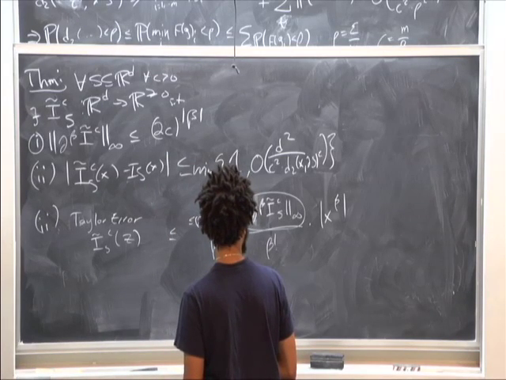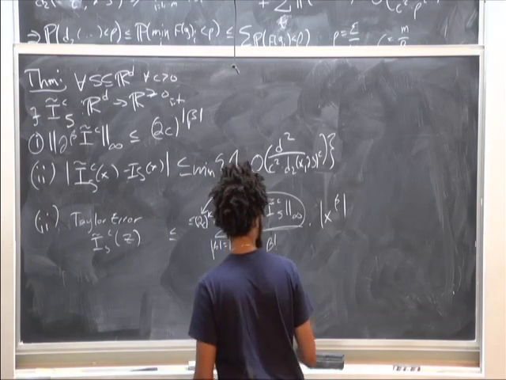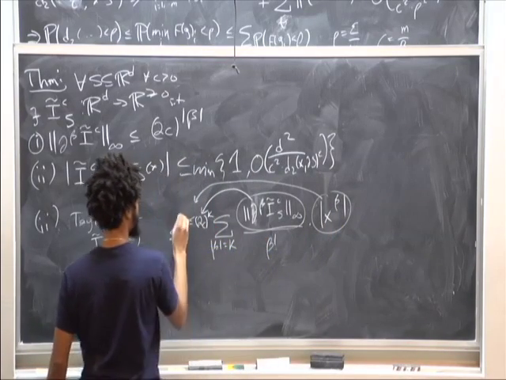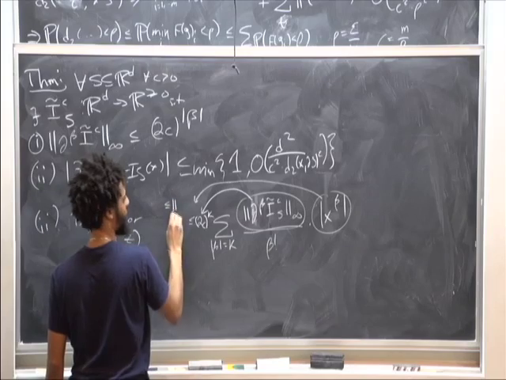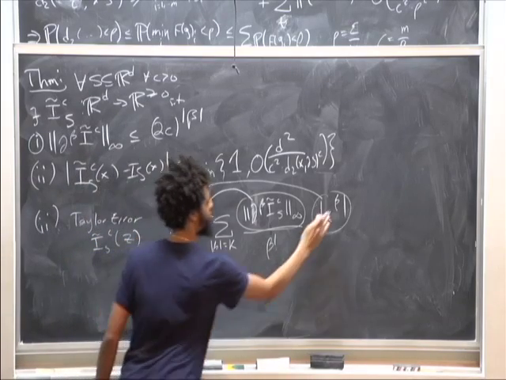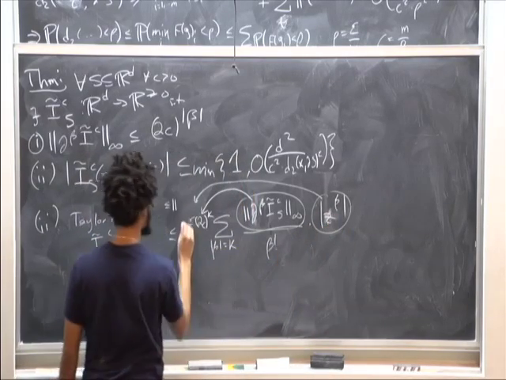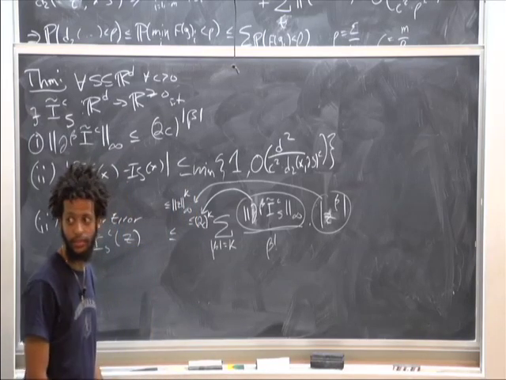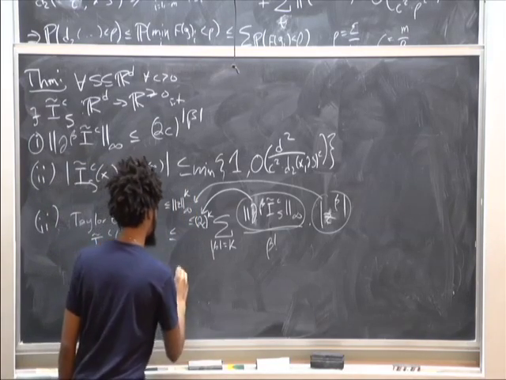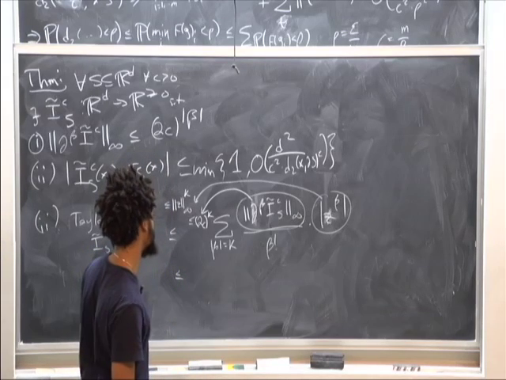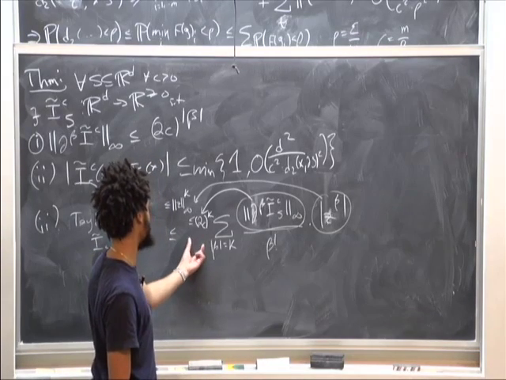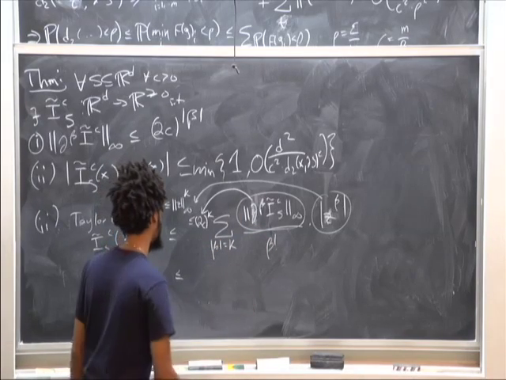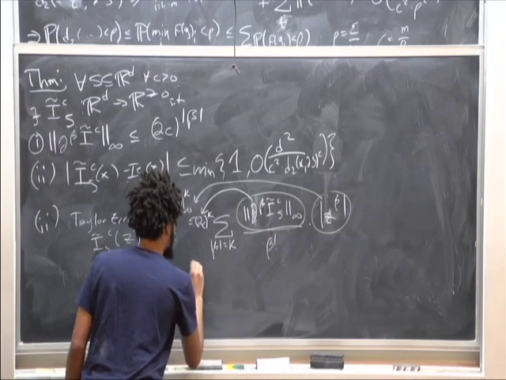And so this thing is at most, you can pull it out. That thing is at most x, I said z, didn't I? That's at most the L infinity norm of z raised to the k. So then what I'm also going to do is divide by k factorial on the outside and then multiply by k factorial on the inside. So this is at most 2c